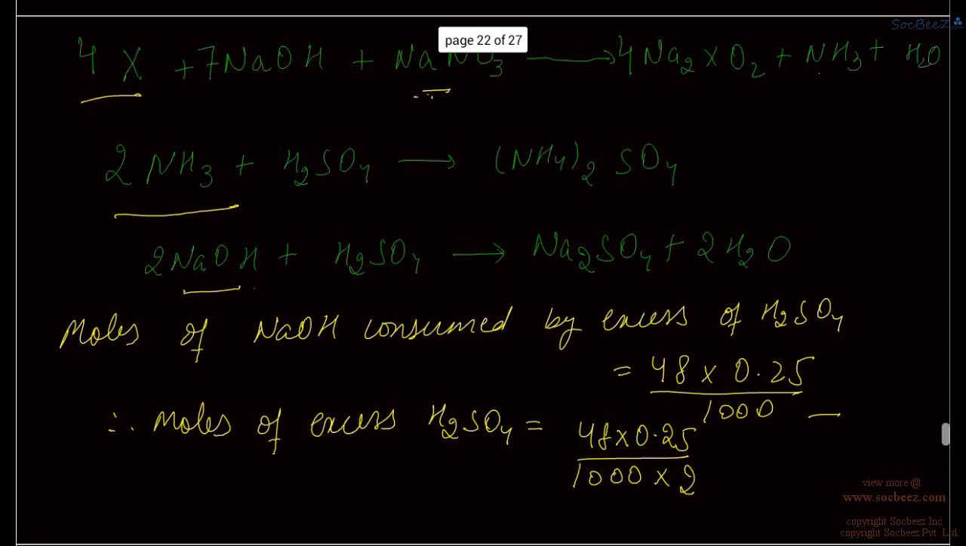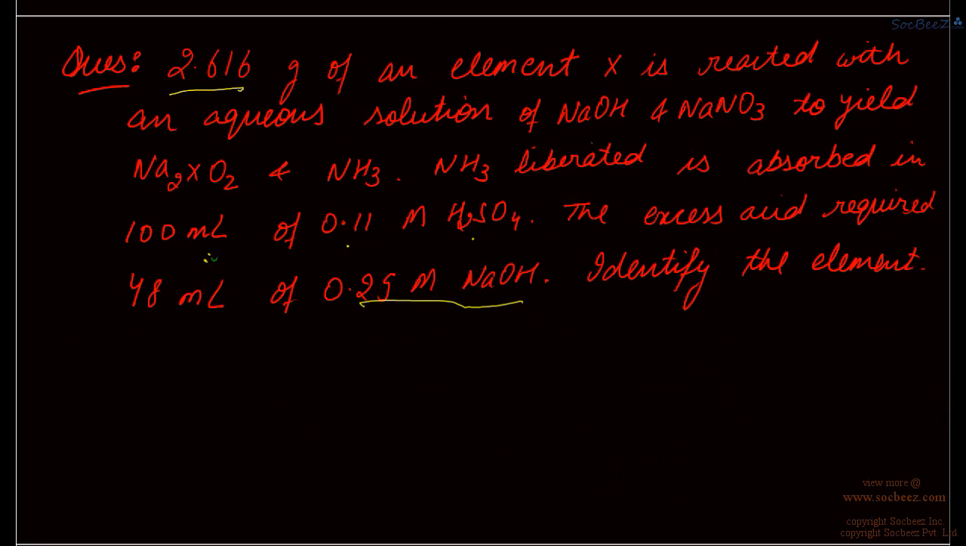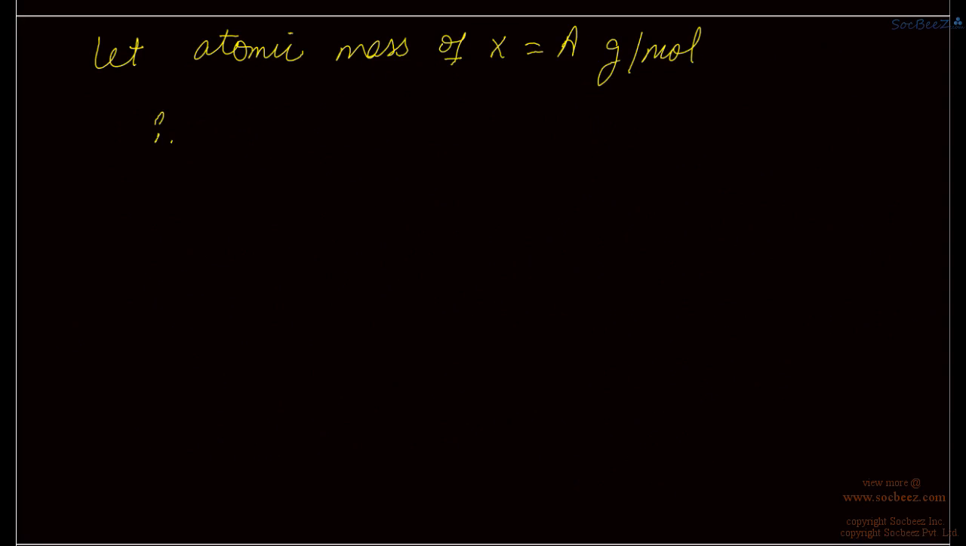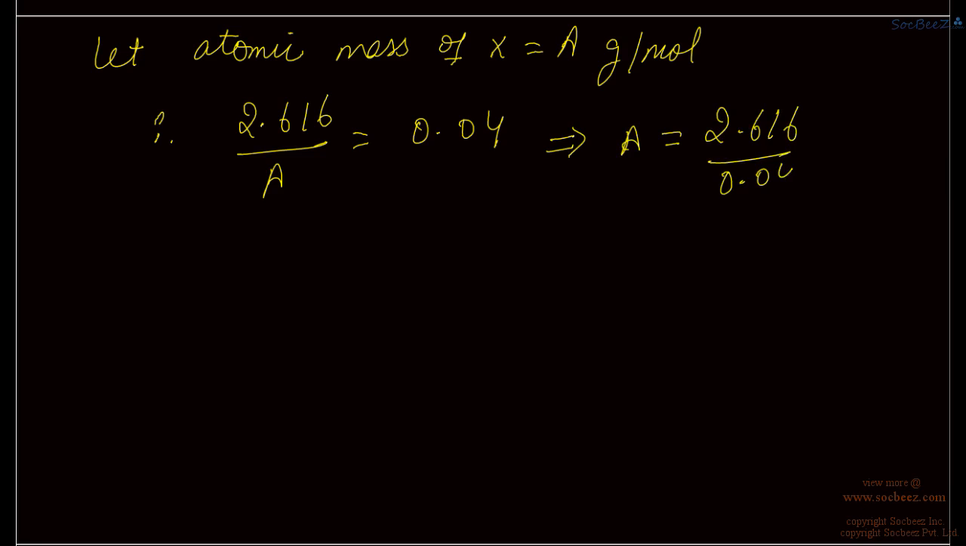Therefore, since the mass of X taken is 2.616, and we know the number of moles of X consumed is 0.04, the atomic mass of X, in gram per mole, is given by 2.616 upon A equals 0.04. So if we find the value of A, we get 2.616 upon 0.04, which implies that A equals 65.4